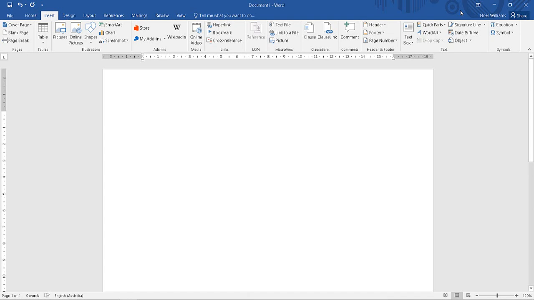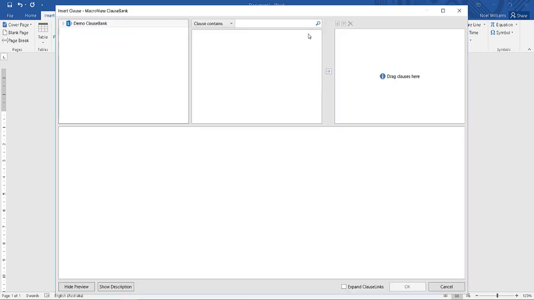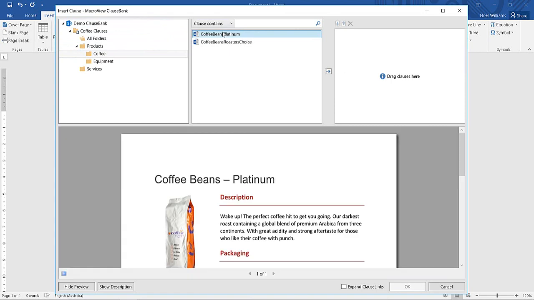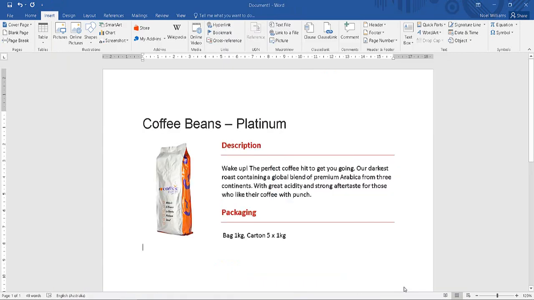Let's try ClauseBank in Microsoft Word. On the Insert tab, there's now a ClauseBank group. Let's click the Clause button. We see our new ClauseBank site. We see our Coffee Clauses library and various folders. When we click the Coffee folder, we see two content items. Here's a formatted preview of one. We drag and drop to select and click OK, and that content item is retrieved from SharePoint and inserted in